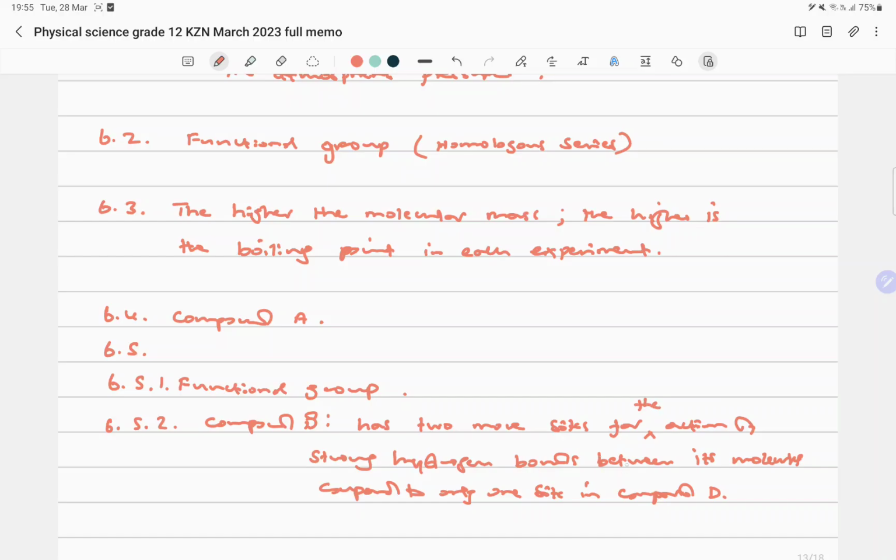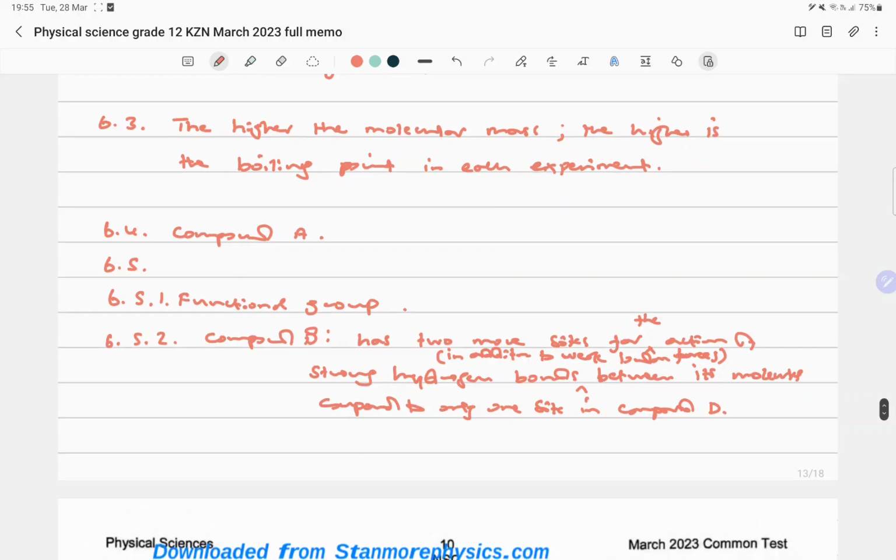of strong hydrogen bonds. Maybe we can write here that in addition to weak London forces, because the weak London forces are still there, but it has two more sites. So please put this bracket before here, that it has strong hydrogen bonds in addition to weak London forces between its molecules compared to compound D. Number one. Number two, we can say therefore